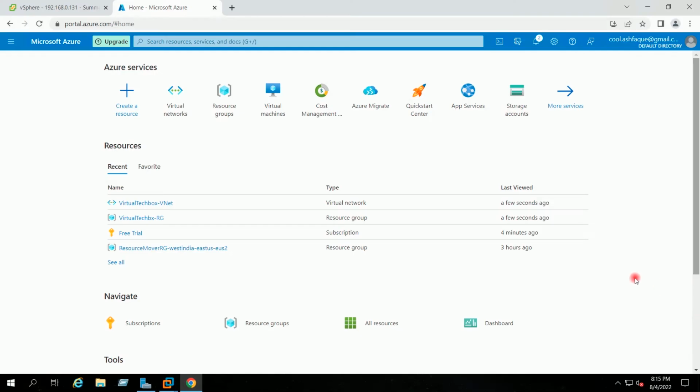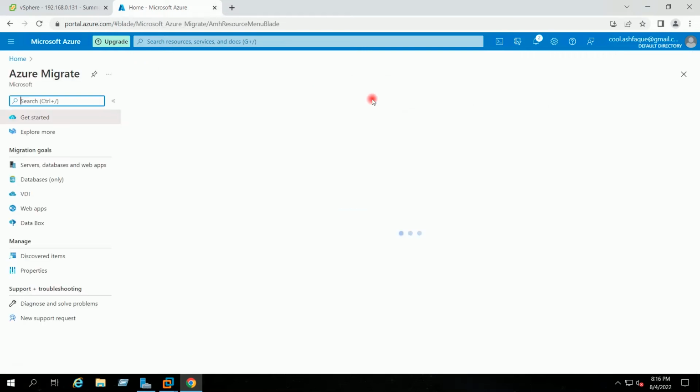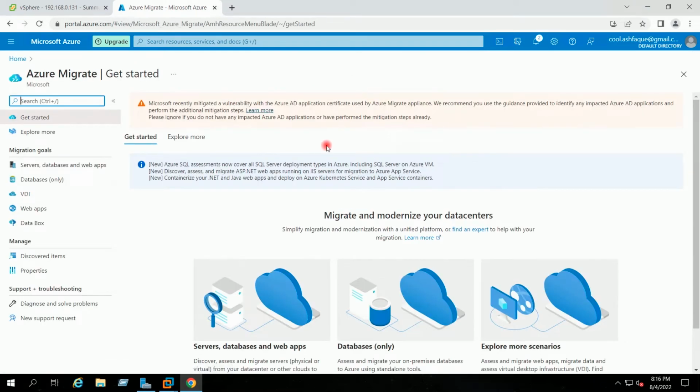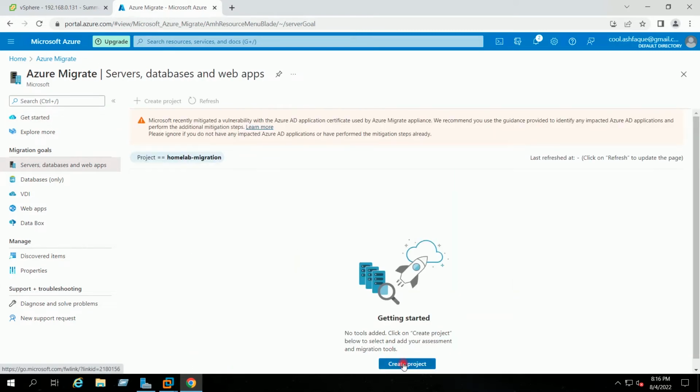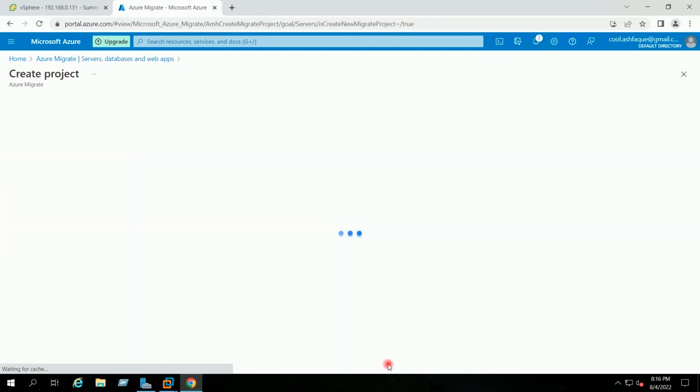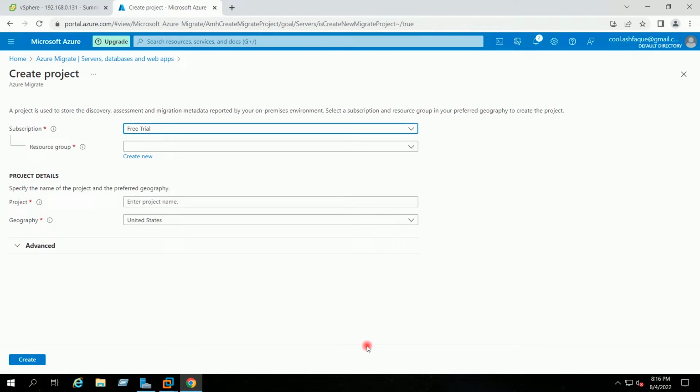We will have to now create the migration project. So I will go to Azure Migrate. I will click here discover, assess and migrate. I will select create project. Subscription I will keep free trial.